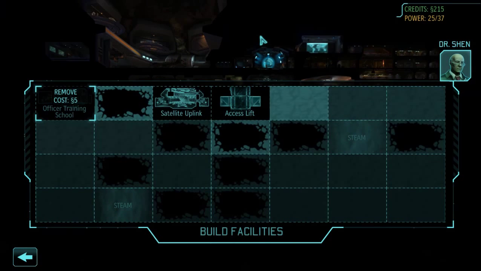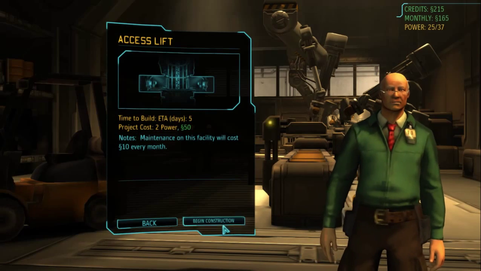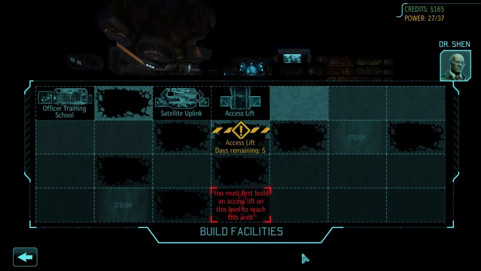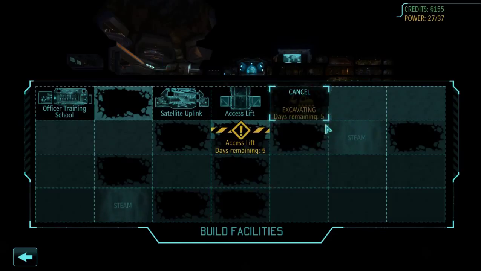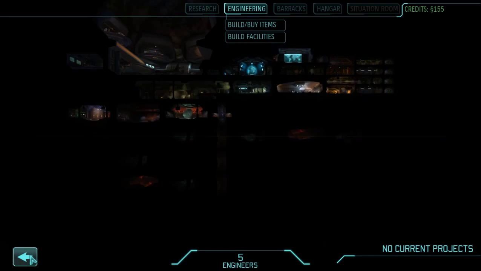We've still got some room to grow up here, but if we really want to expand our facilities, we're going to have to start excavating beneath the base. Unfortunately, the deeper we go, the more it's going to cost. And here we can see the ability to build other buildings. Right now we're just going to build an access lift that will allow us to build on the second level below ground level. And you can see right there on the right and the left there are steam vents,